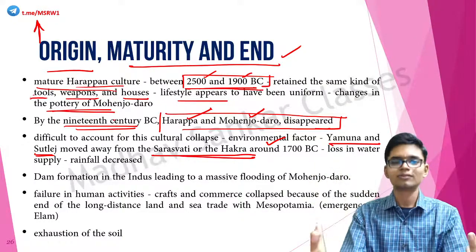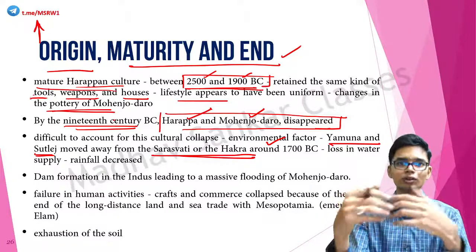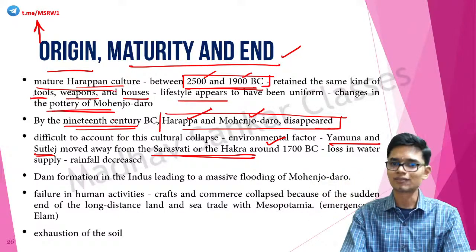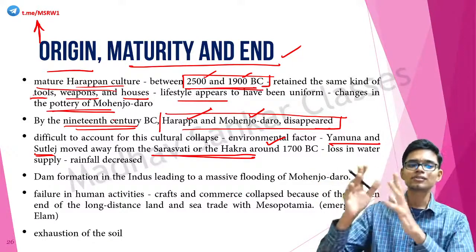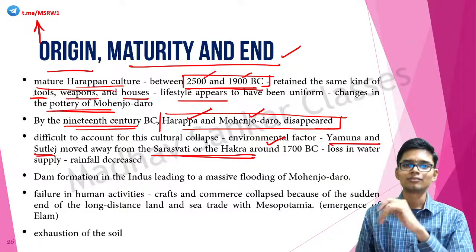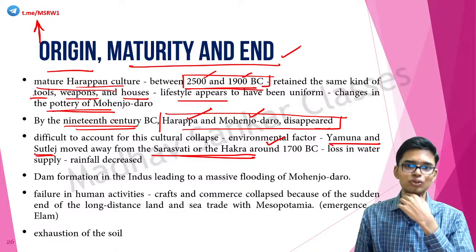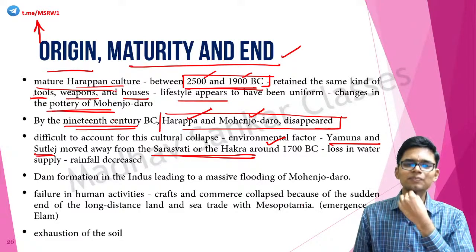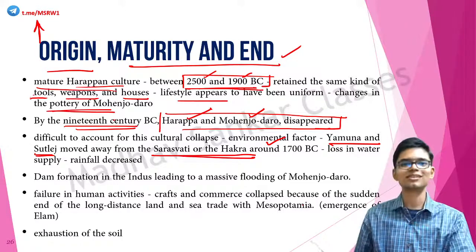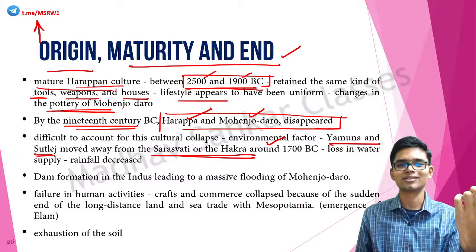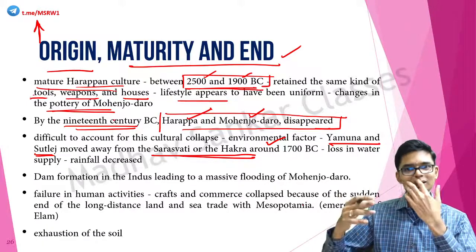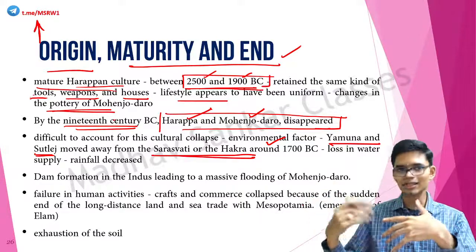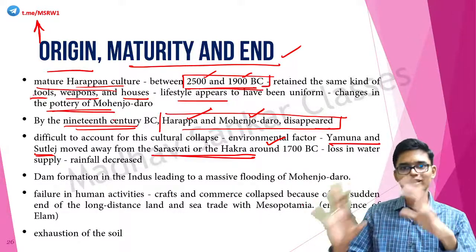And this caused water shortage, loss of productivity, loss of irrigational facilities, etc., and led to the decline of Harappan civilization. So this is one argument made by historians. Problem is that how can an entire civilization disappear because one river stopped having water? That is the question. If one particular city disappears because of absence of a river, it is understandable. Yeah, that city was entirely dependent on that river,